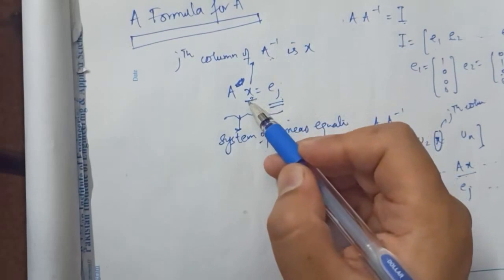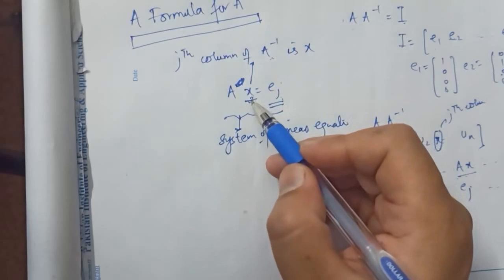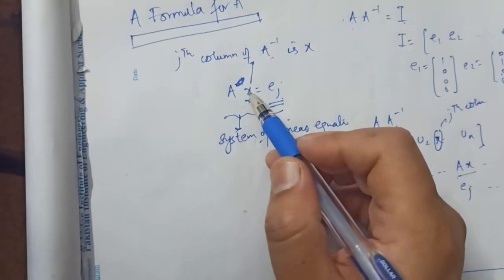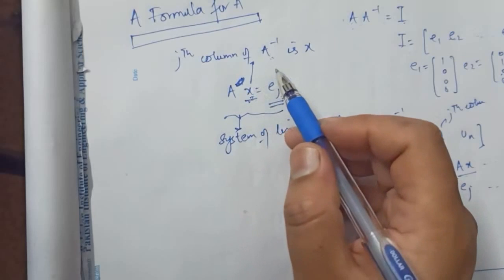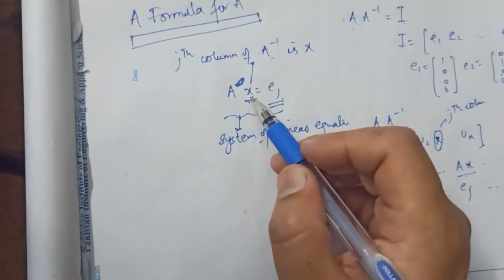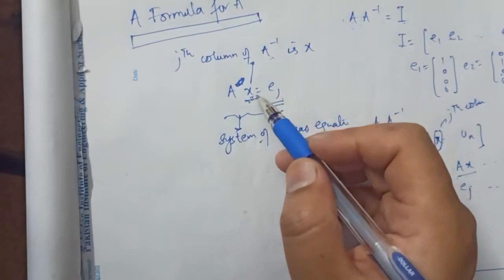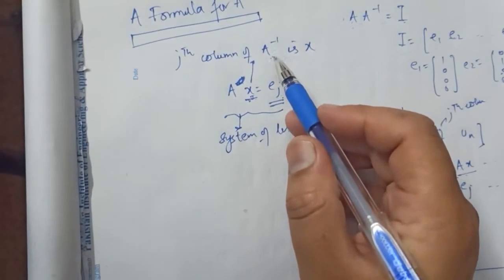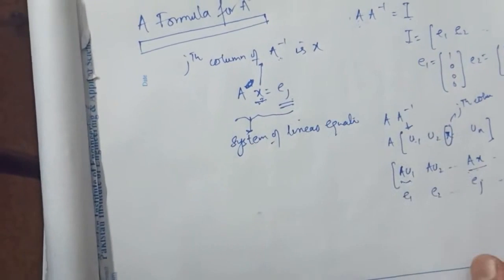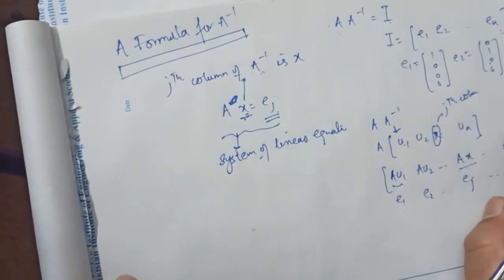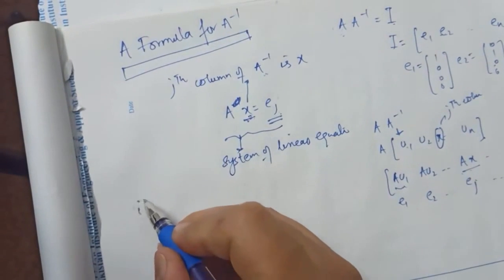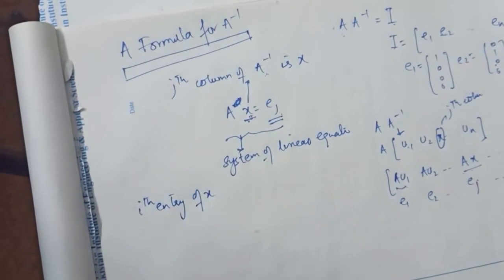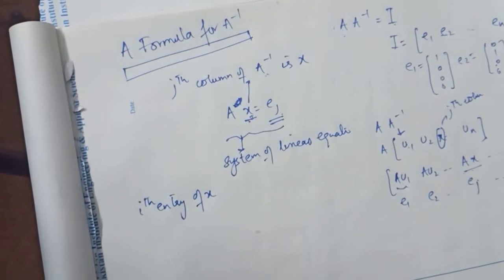Okay, so if I solve for X using Cramer's rule, x1 will give me the first value of the jth column, x2 will give me the second value of the jth column, x3 will give me the third value of the jth column. So in this case, if I'm solving for the ith entry of X, right, I can write this as